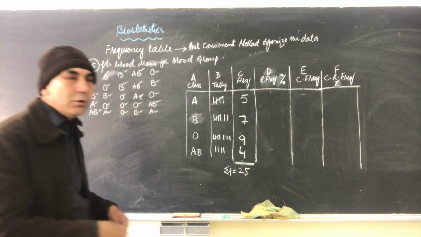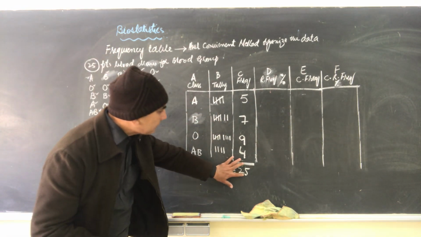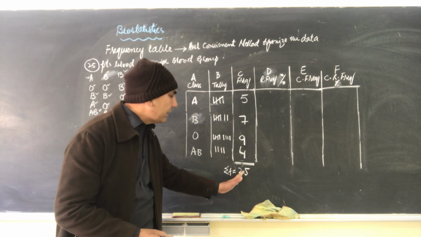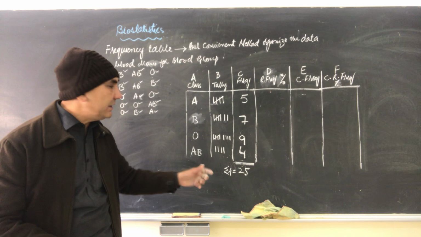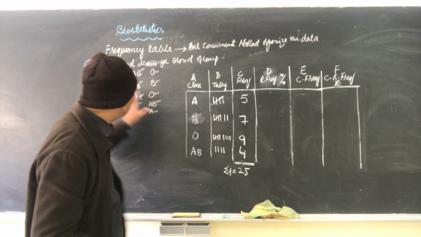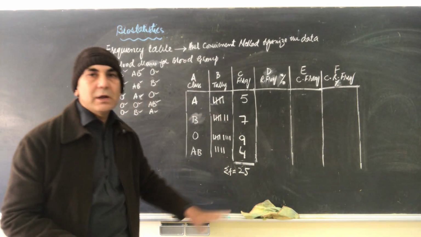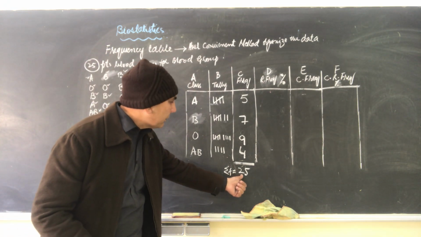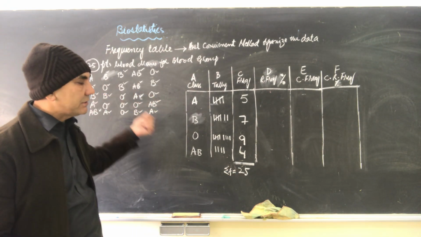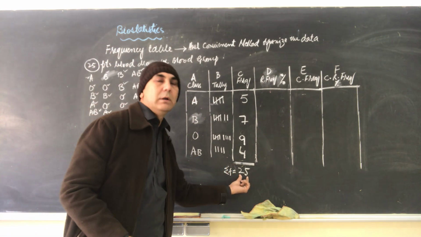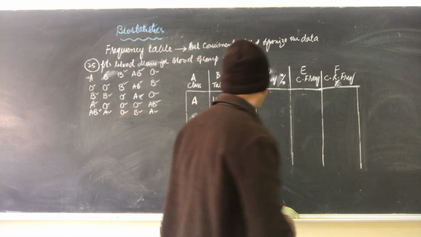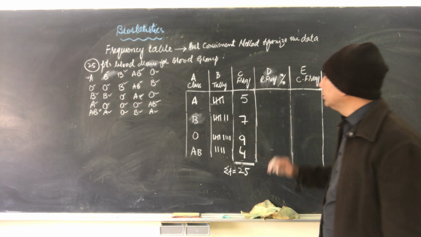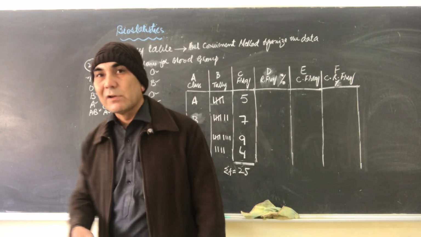So it makes it more clear to you. If the sum comes up as 24 or 26, it means that your frequency or your calculation is not accurate. There is some error inside. So the sum of the frequency and the total number of the patient sample size should come up equal. Now in the third column we will calculate the relative frequency.